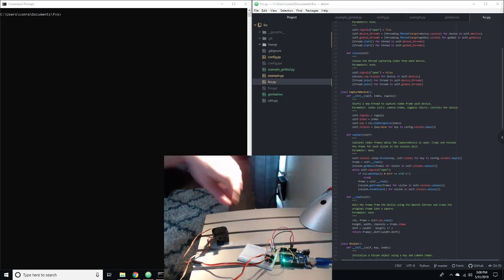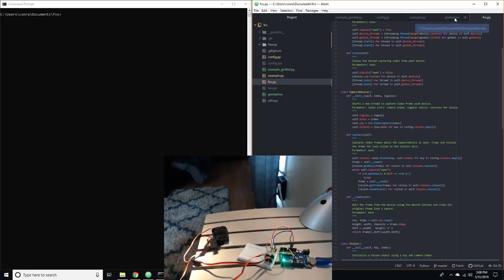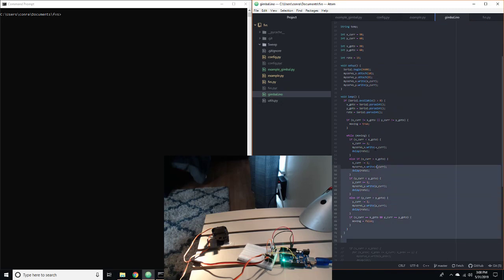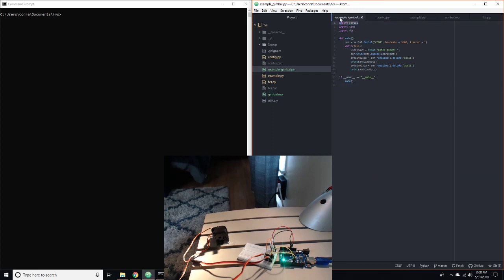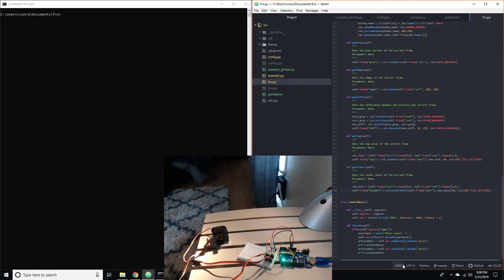Here's the Arduino right here on a board I'm using. A little less interesting. My Arduino code is right here for actually controlling it, although it's in a different language than Python, so I need to communicate to it somehow, and I can do that using the serial library in Python. Since I'm using a camera right now, I can actually run the code that's in my class, which is right here, but it does work. I've tested it